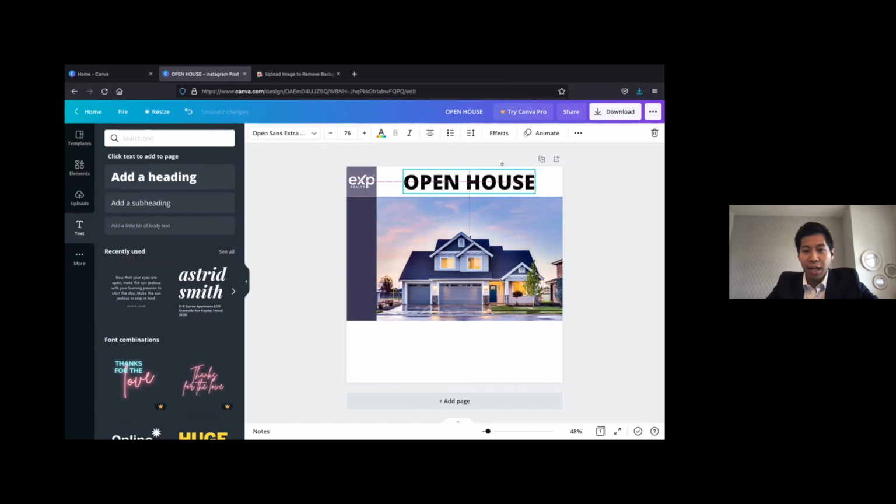I'm going to drag that up. I want that to be right in the center. And maybe I want to have more fun with this. I'm not even going to do a space. I'm going to have it one word. And maybe I'm going to go in and change the coloring of this one to, let's go